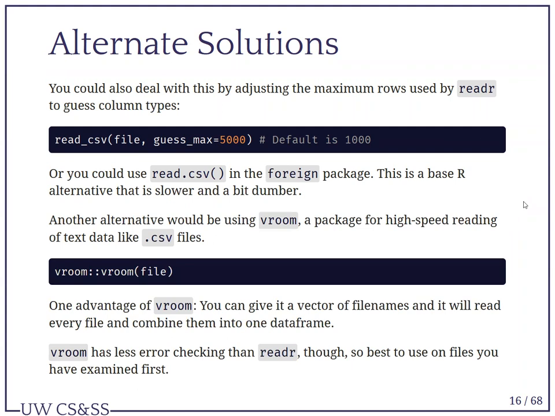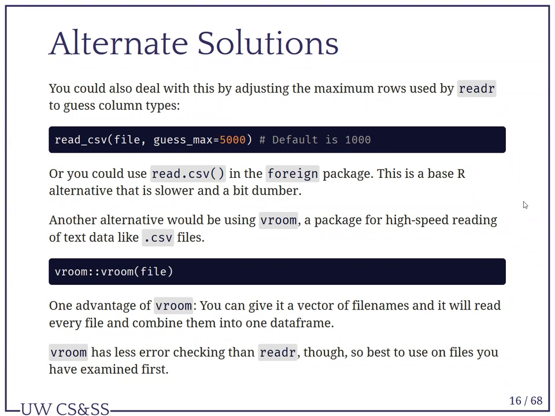Another alternative would be using vroom. It does really high speed reading of text files. Some other people would recommend using the data.table fread for reading really big files really quickly. But one advantage of vroom is you can give it a vector of file names, and it'll read every file and combine them into one data frame. Which I always think is really neat, because sometimes you get a